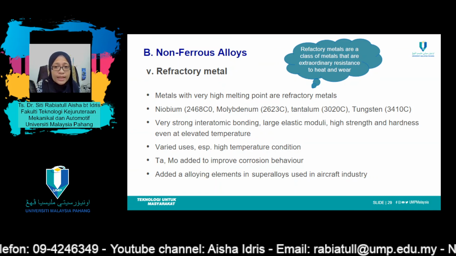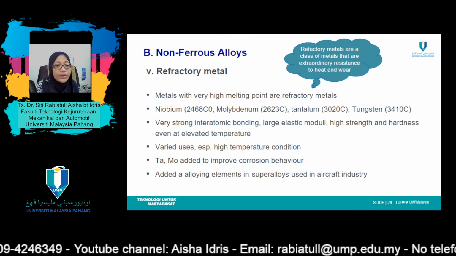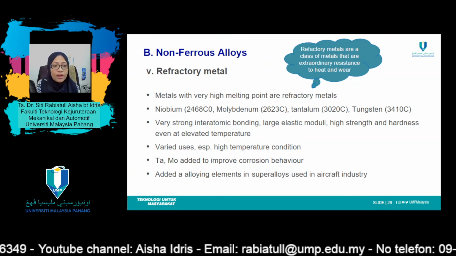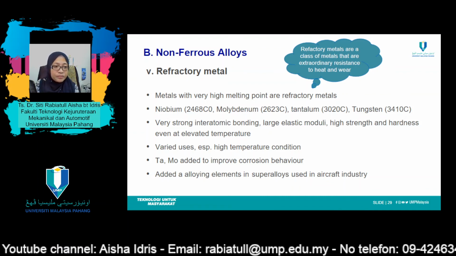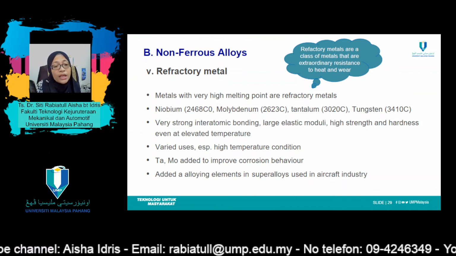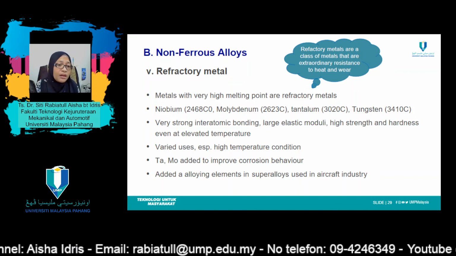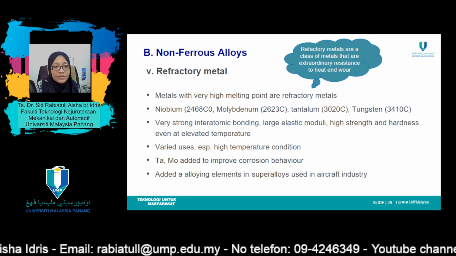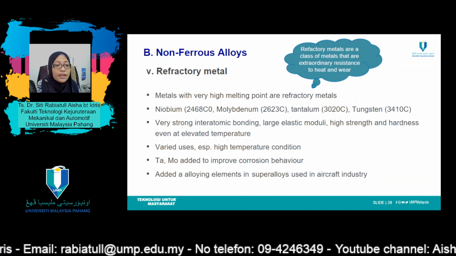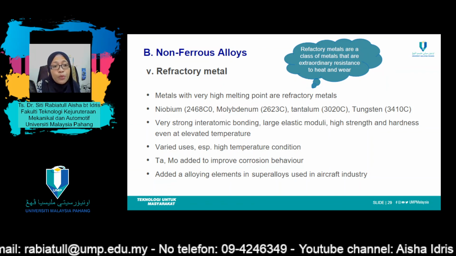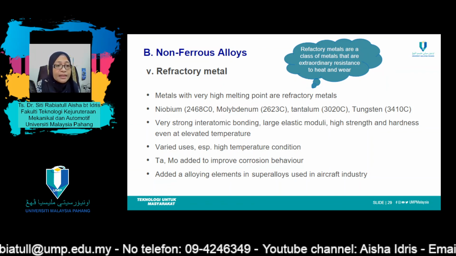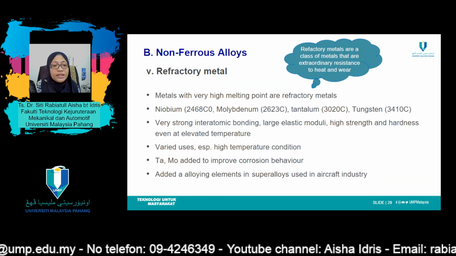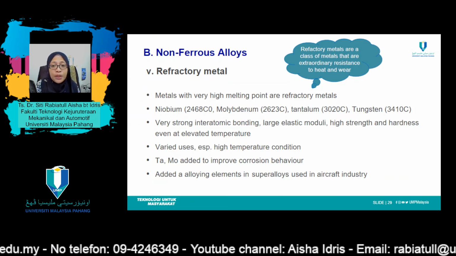Last but not least is the refractory materials. Metals that have extremely high melting temperatures are classified as the refractory metals. Included in this section are niobium, molybdenum, tungsten, and tantalum. Melting temperatures range between